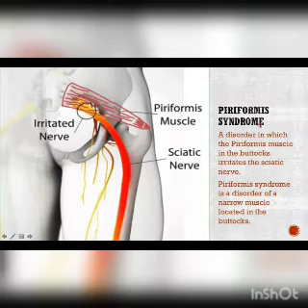Piriformis syndrome, occurring due to the irritation of the sciatic nerve by the piriformis muscle in the buttocks. Piriformis syndrome is a disorder of a narrow muscle located in the buttocks. Symptoms include pain, tingling, or numbness in the buttocks and down the leg, which may worsen after sitting for a very long time, climbing stairs, walking, or running. Treatment includes stretching exercises, massages, anti-inflammatory drugs, or surgery.